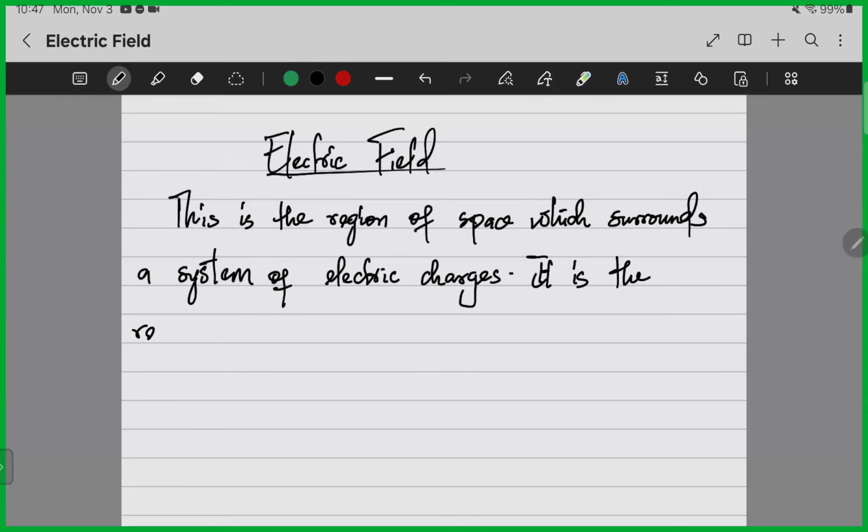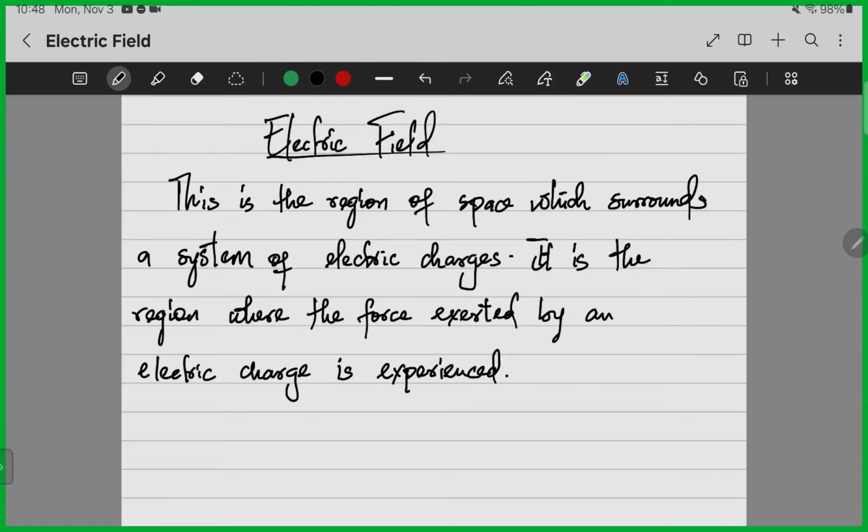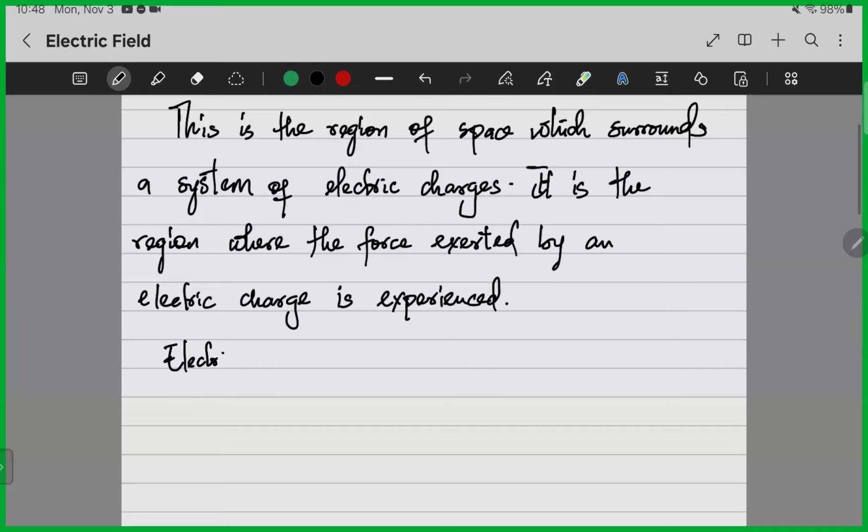the region where the force exerted by an electric charge is experienced. So it is experienced in an electric field. So electric field quickly states that it is a vector quantity. The same thing with gravitational field. It is a vector quantity,